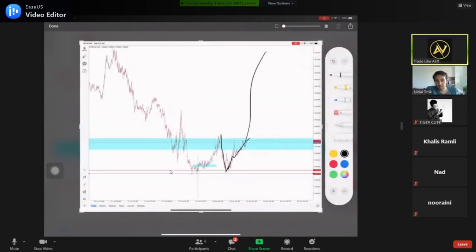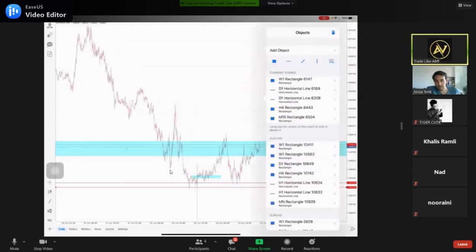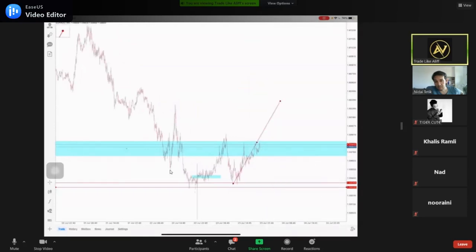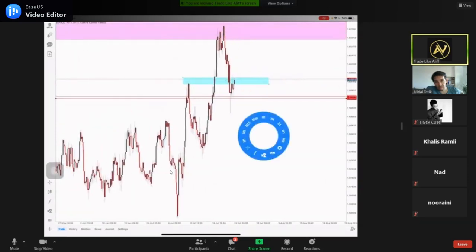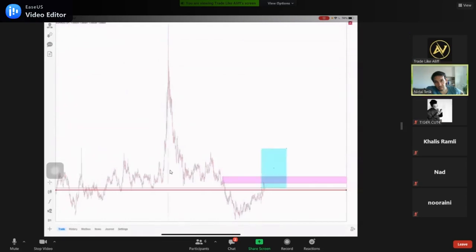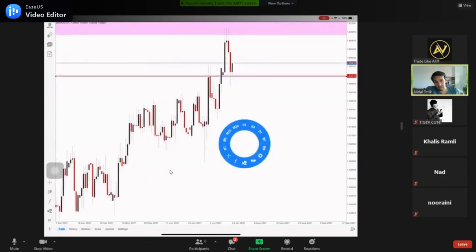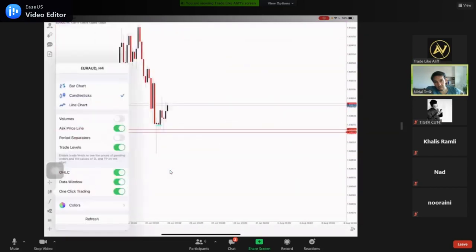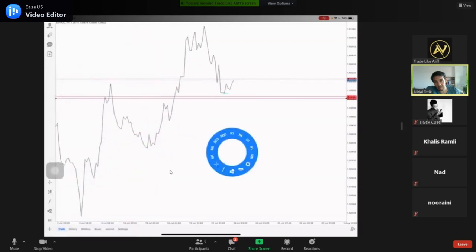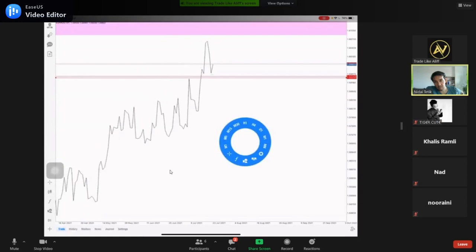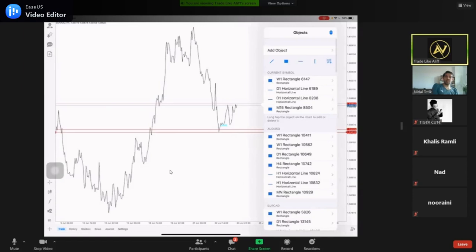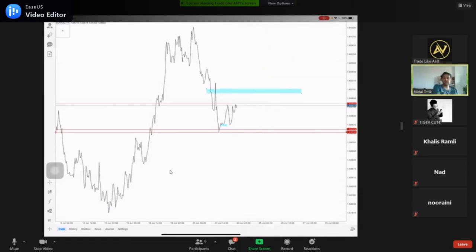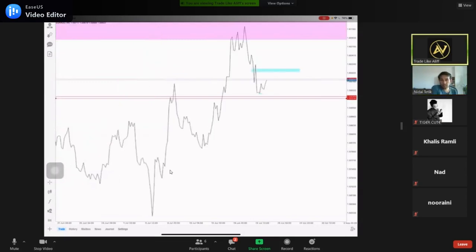Possibility coming back up. Easy 40 pips. Possibility to come back up to possibility going up here. Why? Because